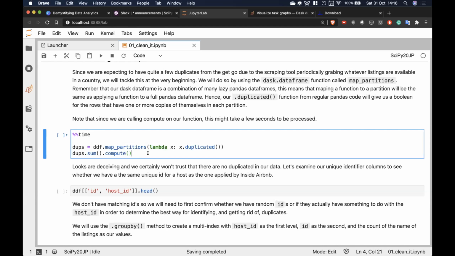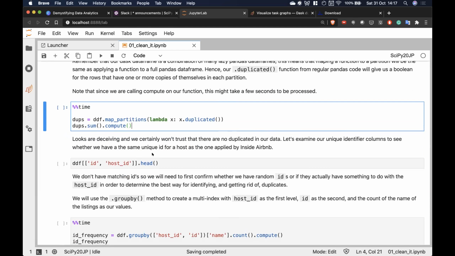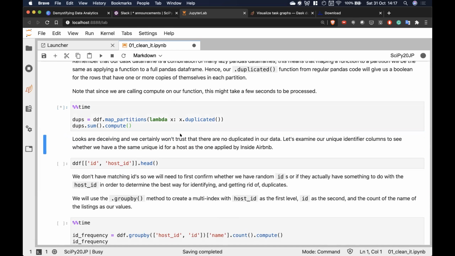So to do that, it's nice to still use host listings that might not be available right now, or host listings that are not in the latest scrape of Airbnb from Inside Airbnb. So anyways, we want to get rid of duplicates. So we should expect to have a lot of duplicates, but the issue here is, and I'm going to run